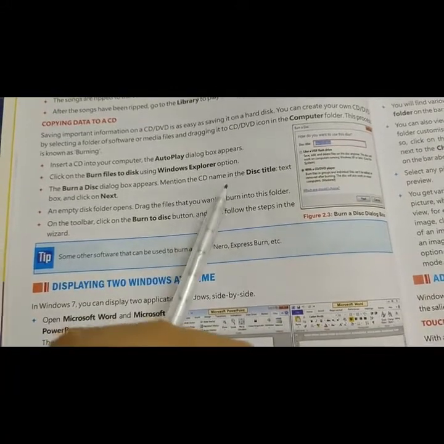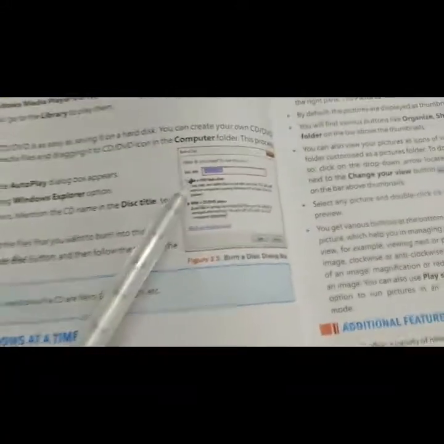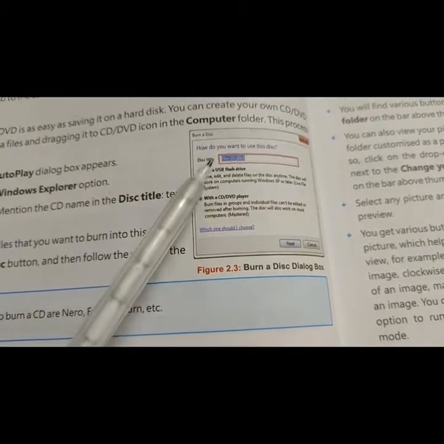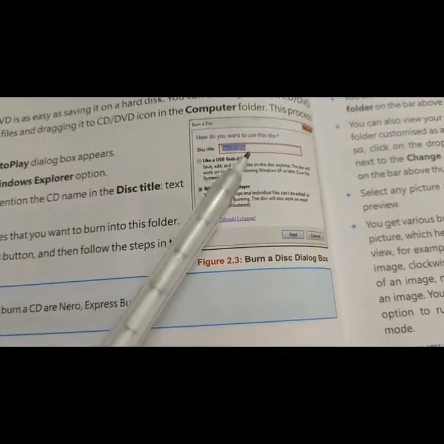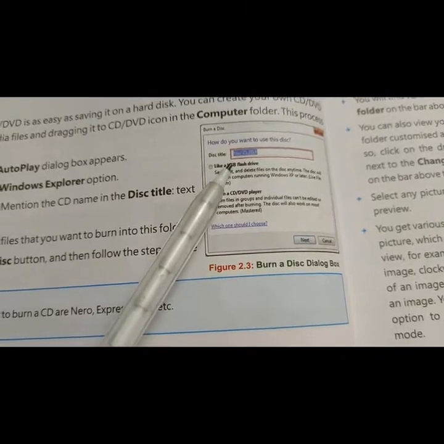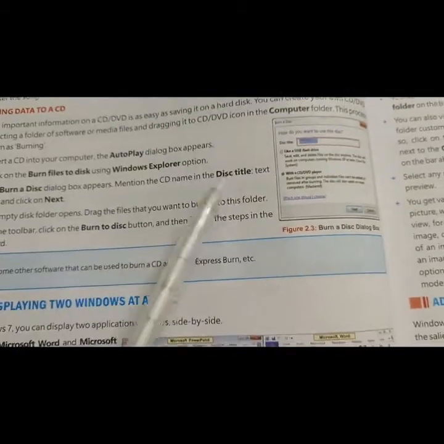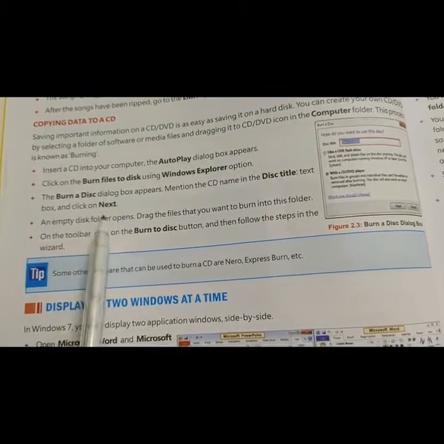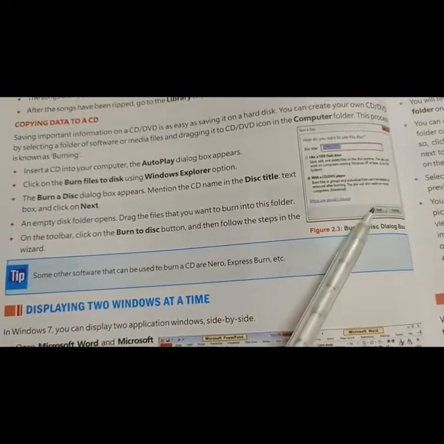Mention the CD name in the disc title. Whichever title you want to give to your disc, you have to mention it, and click on the Next button.